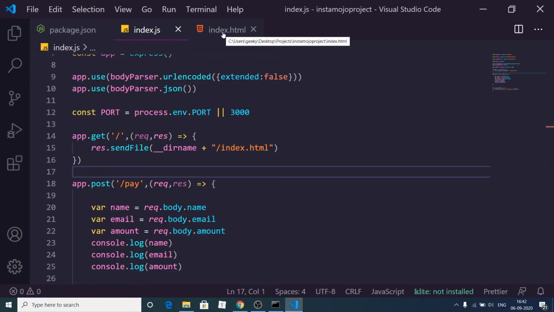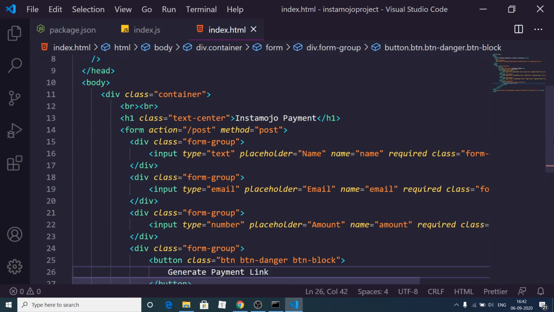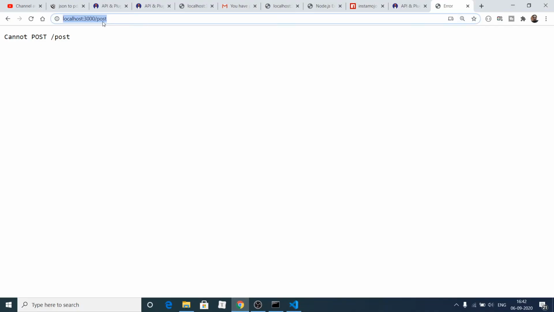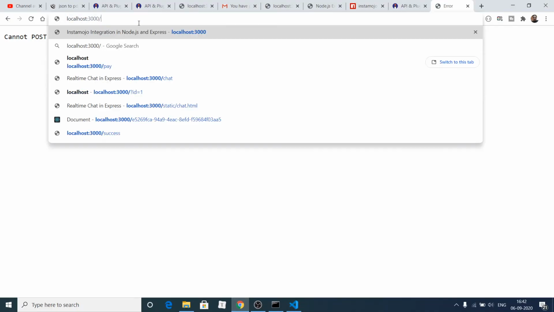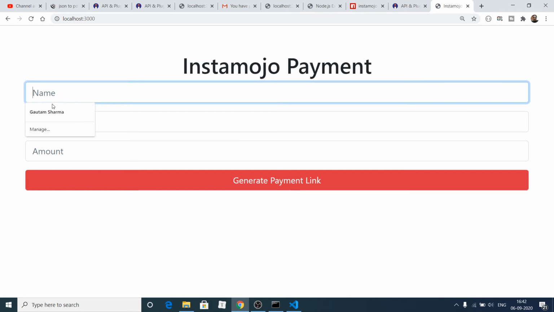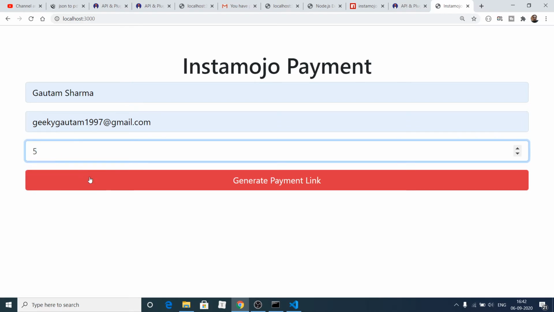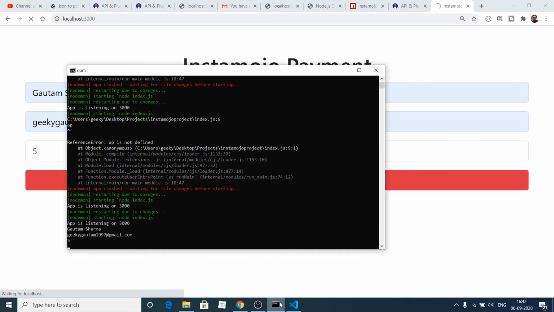Oh sorry, I think this needs to change here. This needs to change to pay, sorry, that was the problem. If I now refresh it and again type 5 here, click generate payment link, you will see all these values will be console logged.